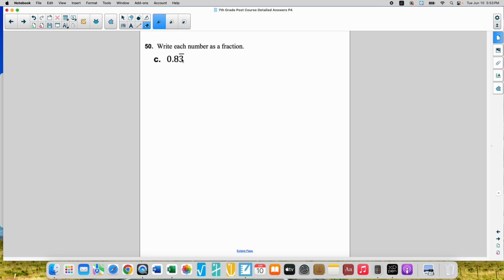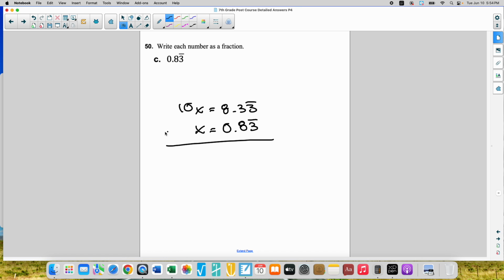And here we go again. I will use x to represent my repeating decimal, and then I'll multiply it by 10. If I multiply it by 10, it becomes 8.33 repeating. Let's subtract these 3's. All the repeating 3's cancel. I'm going to have to borrow, and that's going to give me 7.5 equals 9x. 10x minus x gives us 9x, and now we're going to divide by 9,